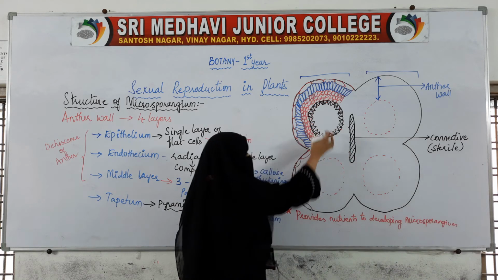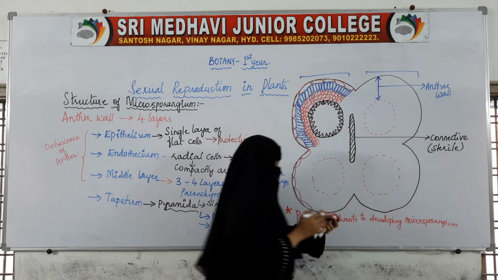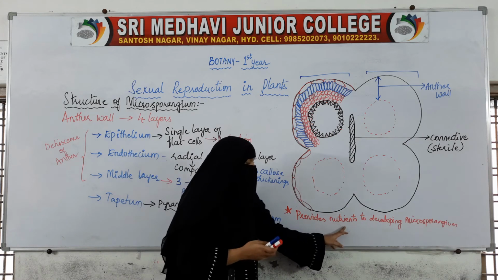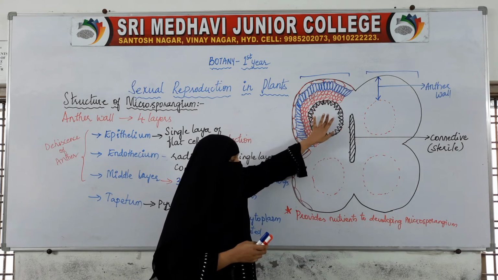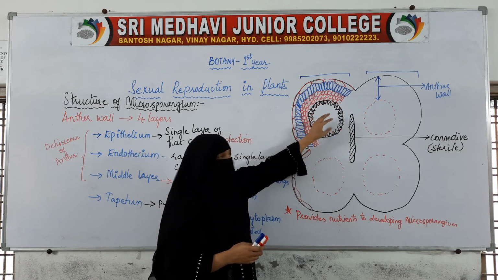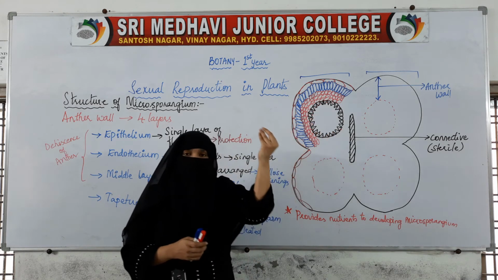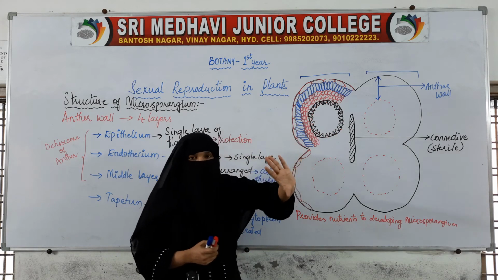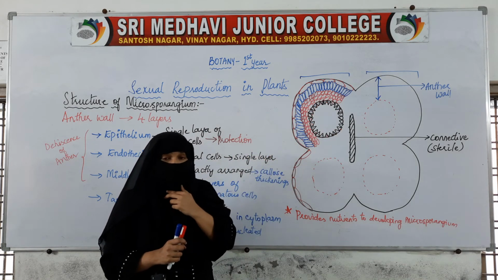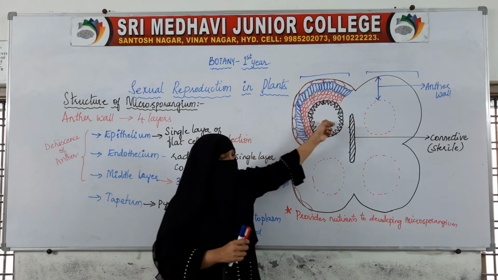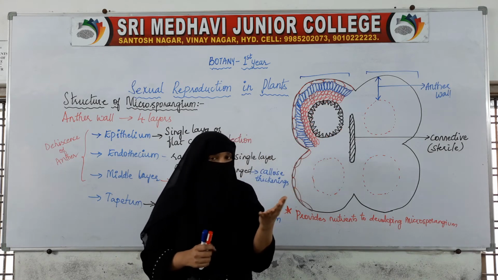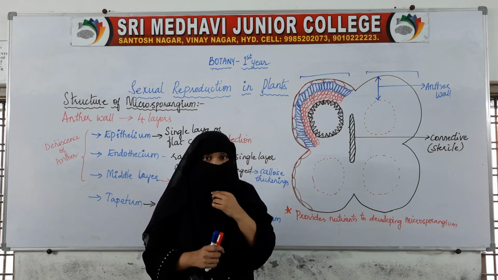I said these four sac-like structures are called microsporangia. They will be provided nutrients while developing. This microsporangium will develop, and after development, when the anther matures, it is called a pollen sac. Further development will take place inside it, and for that development nutrition is required, because without nutrition development cannot happen.